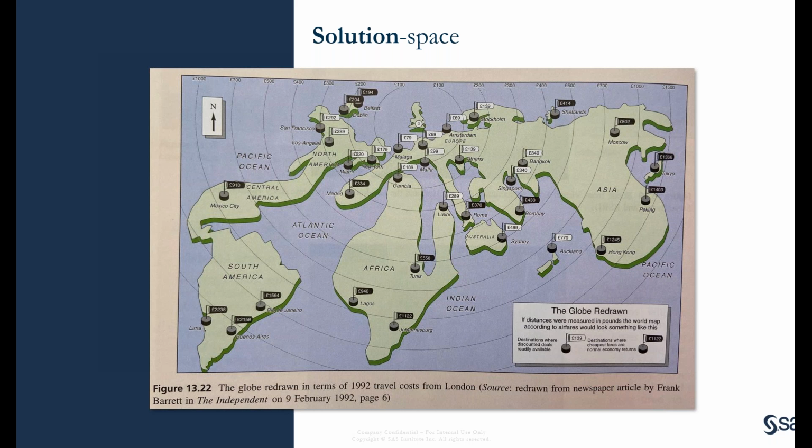I know it may be hard to see on your screen, but in terms of the cost it would take to get from London to somewhere else in the world, the Shetland Islands, which is just north of Scotland, are very, very close to London. But the Shetlands are actually farther away than Miami. Or you have these other weird things, where I think LA is actually closer to London in terms of money spent than Madrid, Spain. At least it was in 1992. Don't quote these prices right now.